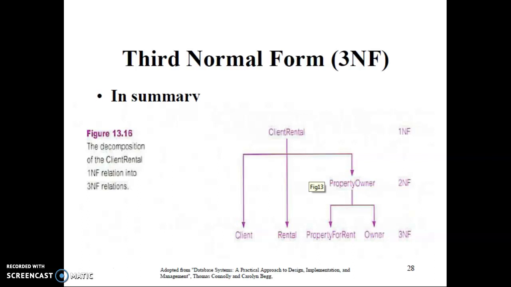And at last, one more point to be remembered, that is lossless join. Means if we try to join all the four tables, the original table, client table, rental table